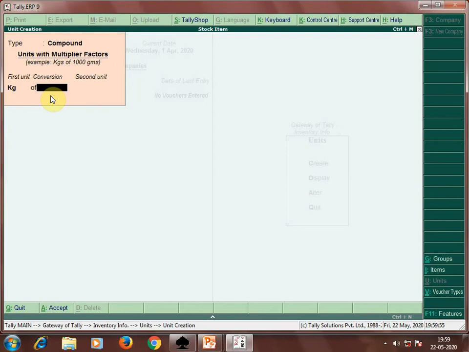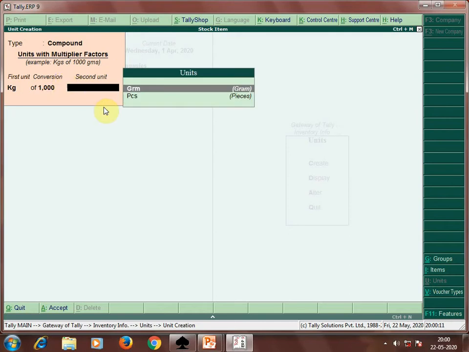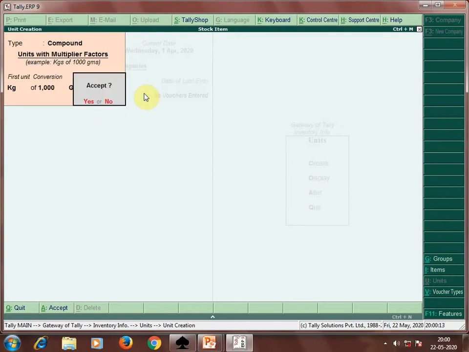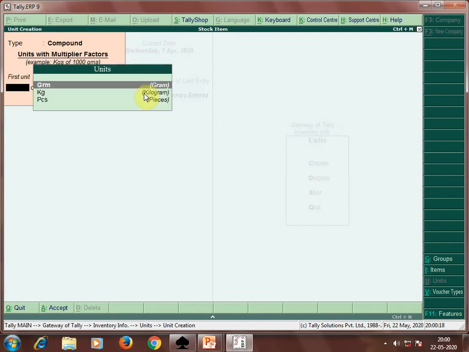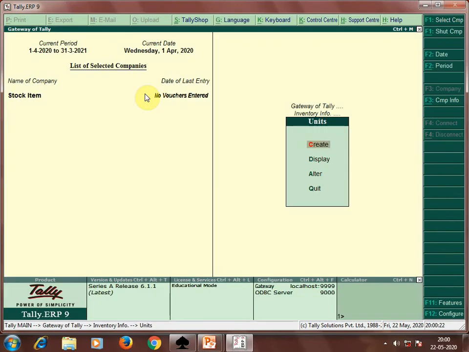Then we have to put conversion, that is for how many grams it makes 1 kilogram, that is 1000 grams makes 1 kilogram, so we have to put here 1000. Then under the second unit we have to select gram and just accept it. Now press escape and quit this page.